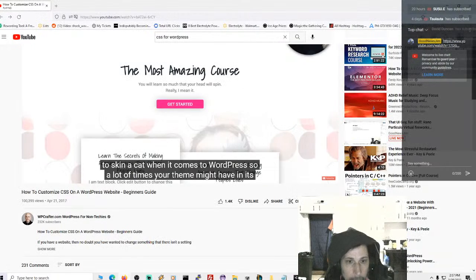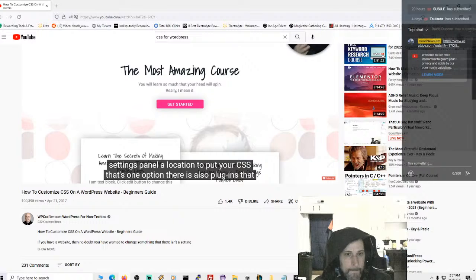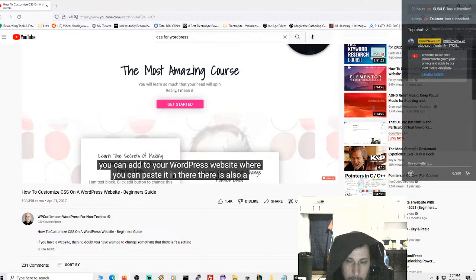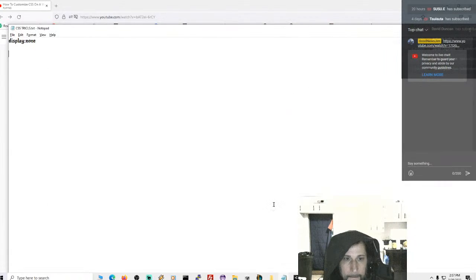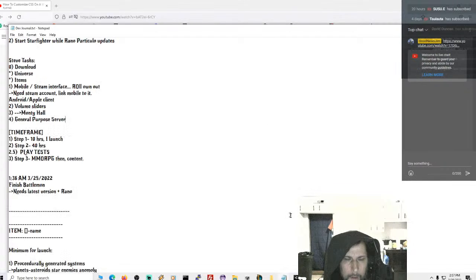So a lot of times your theme might have in its settings panel a location to put your CSS. That's one option. There are also plugins that you can add to your WordPress website where you can paste it in there. There is also a place where you can put it in a theme file called your style.css file,